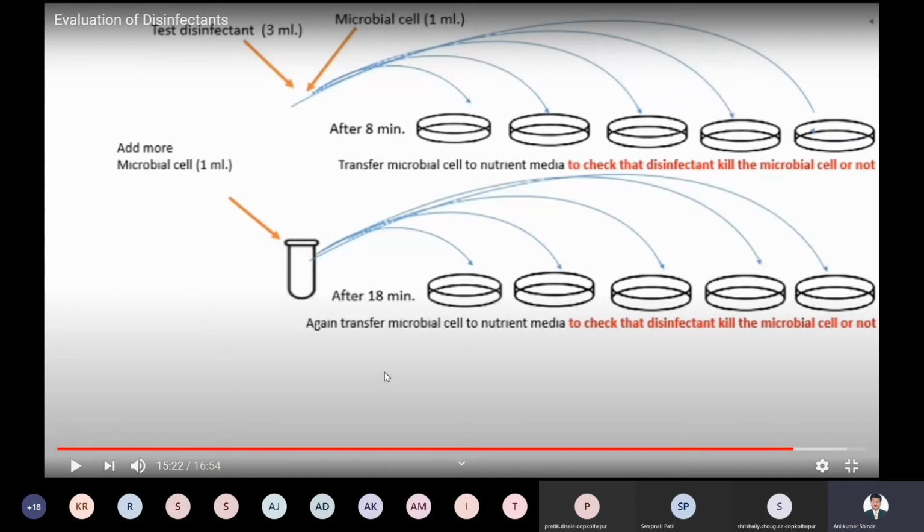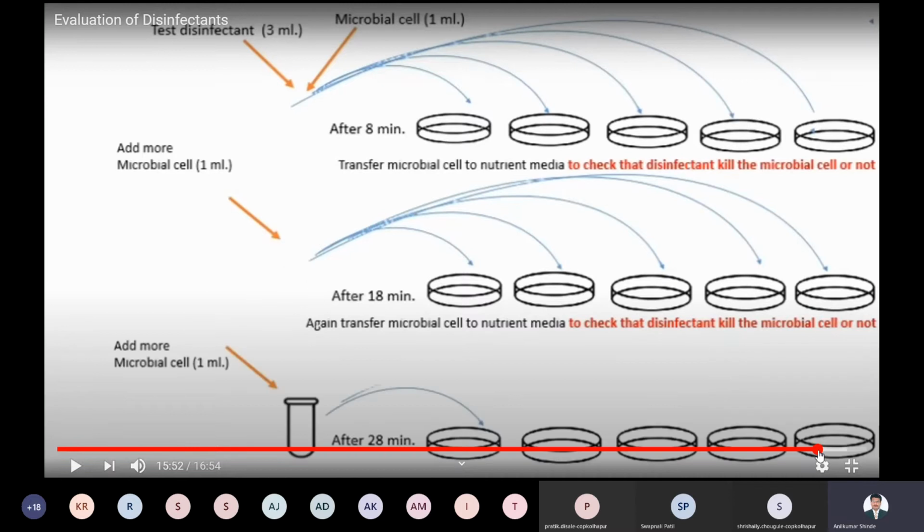Okay. So again the transfer of the microorganism, again there is the same procedure for that. You take those test organisms and just inoculate them into the agar medium. Okay, so this is for 18 minutes. Then after this